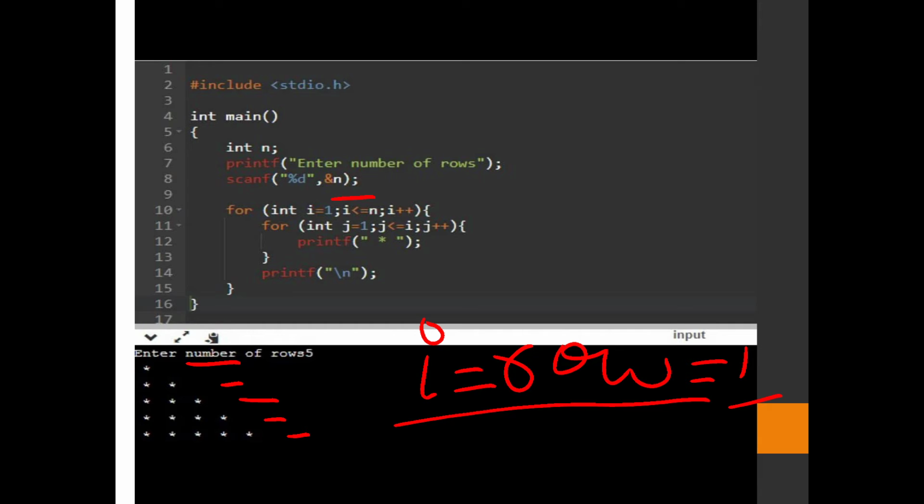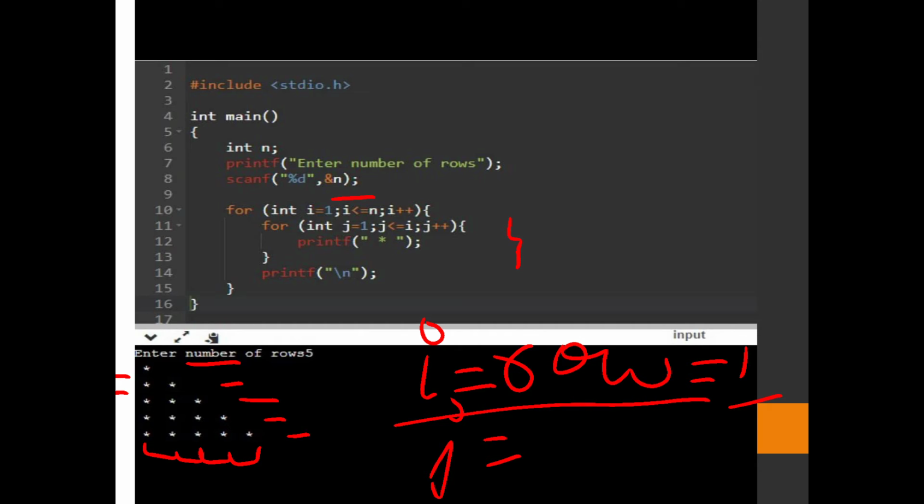In the second for loop I have used the j variable. Why use j here? Because i is just counting the row number, and j is counting the stars to print in a row.